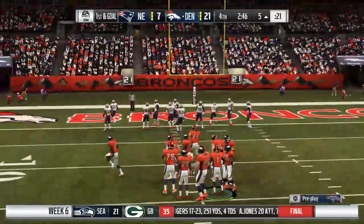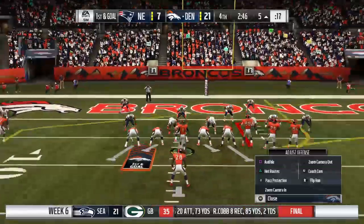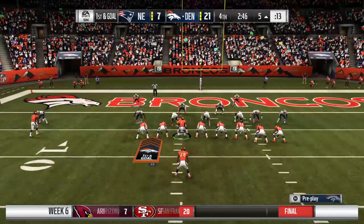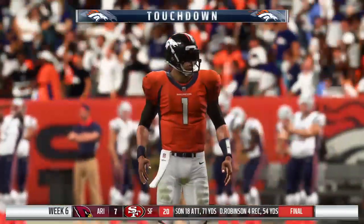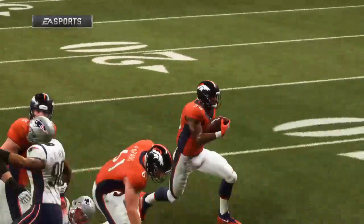A good chance now to put this game on ice. This is 1st and goal. They'll run here with Freeman. And he will take it in for a Bronco touchdown. Royce Freeman, his 2nd touchdown on the season. And the Broncos will...